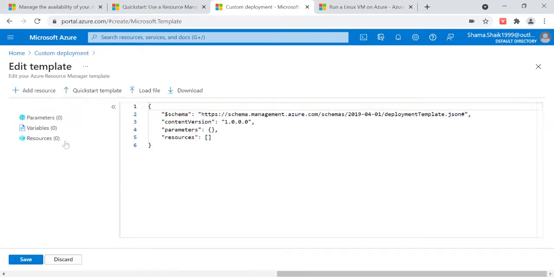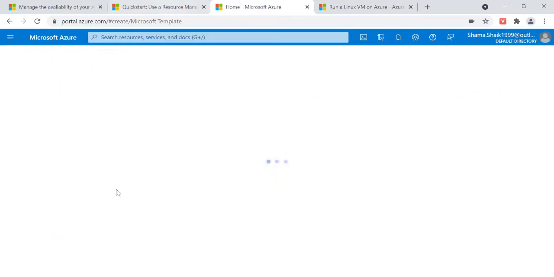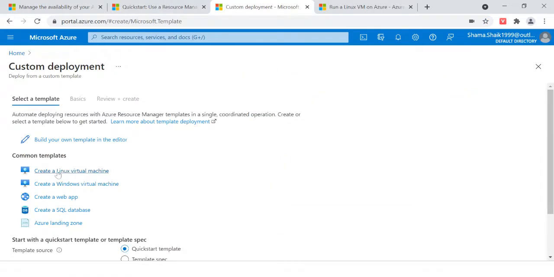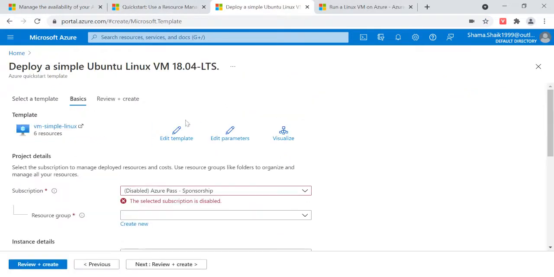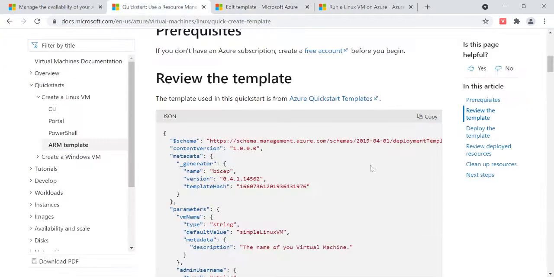So you can also create your own template, and here you can create your own. Otherwise, there are default things you can use. So how to write a template, all these things you have to go through before getting started. If there is any mistake, then you can't get into those things. These are the already present Linux templates.